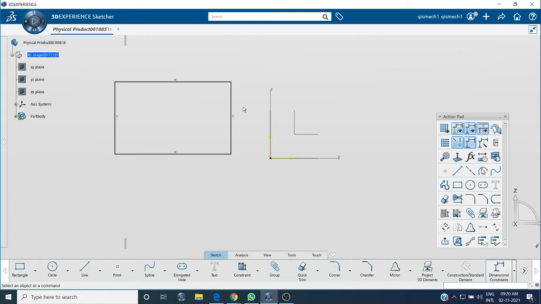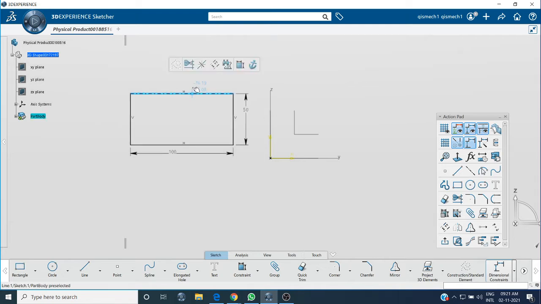I will make it isoconstant. I think everyone knows how to make a profile isoconstant. First give the profile dimension, then from the profile to the horizontal axis, and from the profile to the vertical axis. If you give the dimensions, it will become isoconstant. So first, to give the dimension, we will use the constraint toolbar. Let it be 100, and in vertical length it is 50. So we have given the profile dimension.